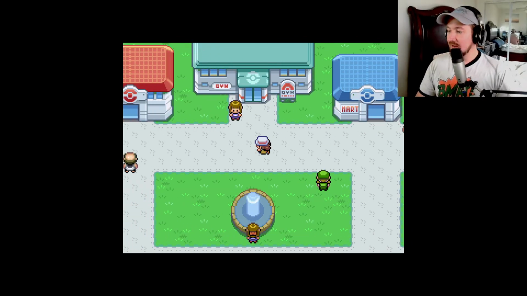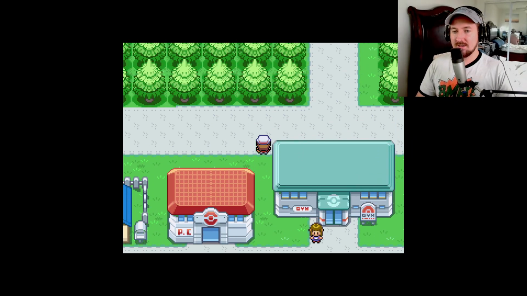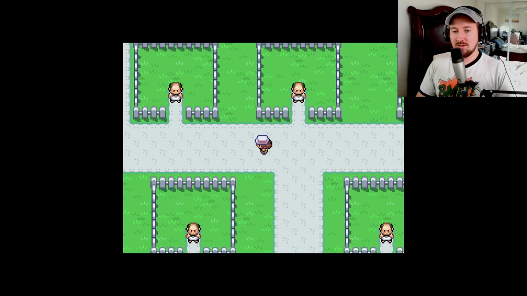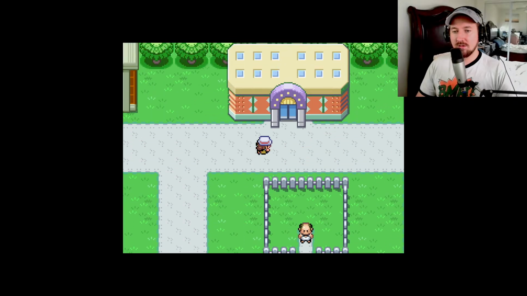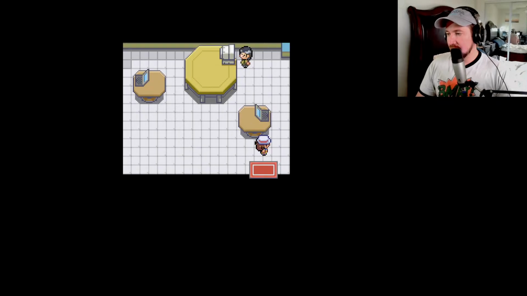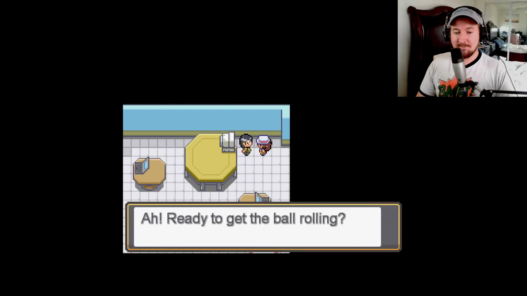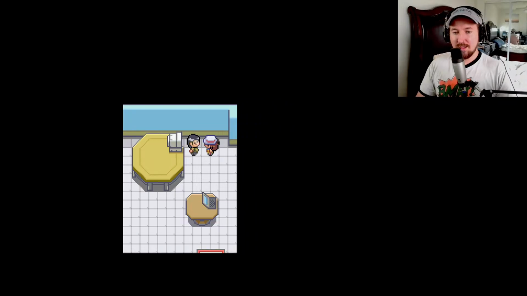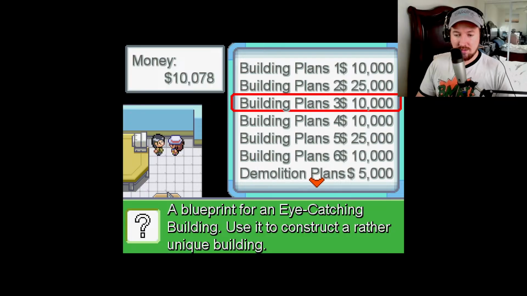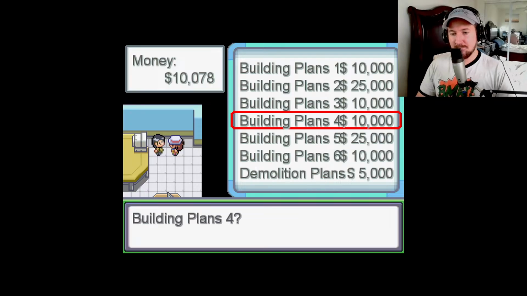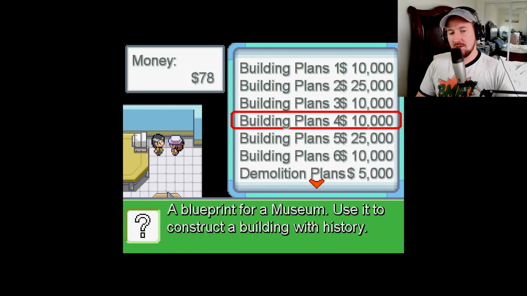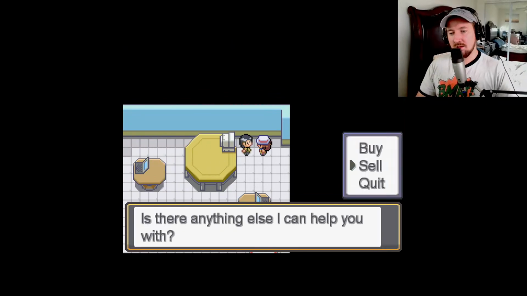Wish I could change my vote. You can't change your vote? That's busted. That's dumb. Why do that poll option on YouTube? You should be able to change your vote. Oh well. Find the key. The orb's still in the lead. Welcome. Bye. I am going to be devastated if the orb loses. Normal building. Eye-catching. Museum. Yeah. Okay, now I'm out of money.